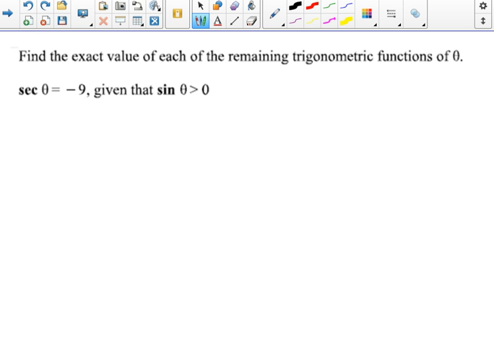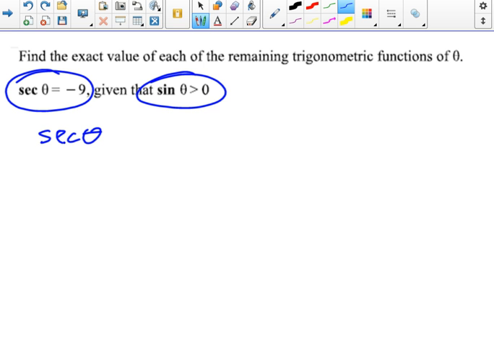Find the exact value of each of the remaining. Okay, so we're going to find all of them: sine, cosine, cosecant, tangent, cotangent, all based on two facts. The secant is negative 9 and the sine has to be positive, which means y is positive. So, first of all, secant of an angle is defined as r over